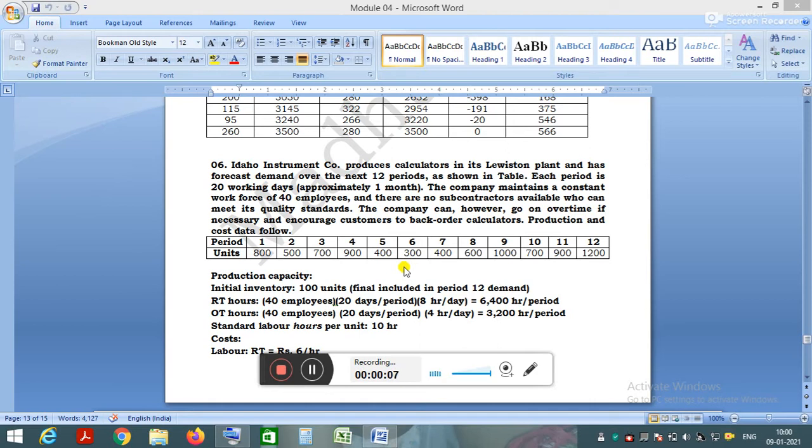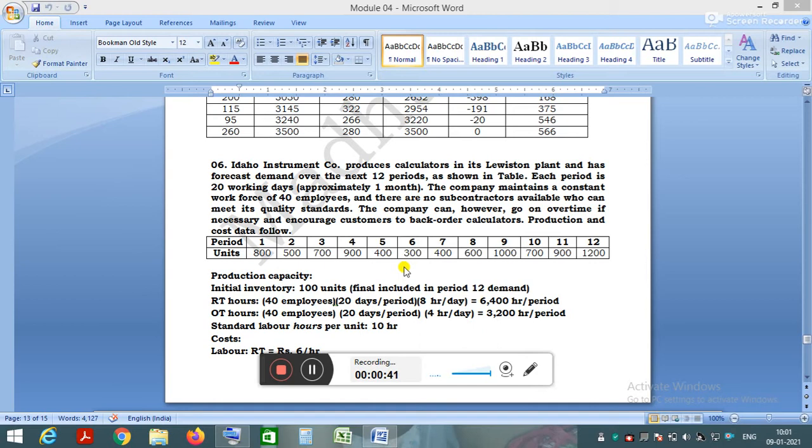In the last class, we discussed what master scheduling is, what the master scheduling process is, and the basic difference between aggregate planning and master scheduling. Then we discussed functioning under master scheduling, and available to promise inventory, what is meant by available to promise inventory, and regular inventory. Then we solved one problem on master production schedule.